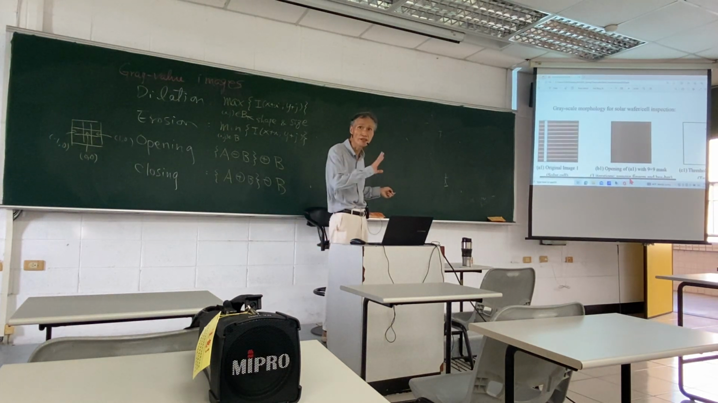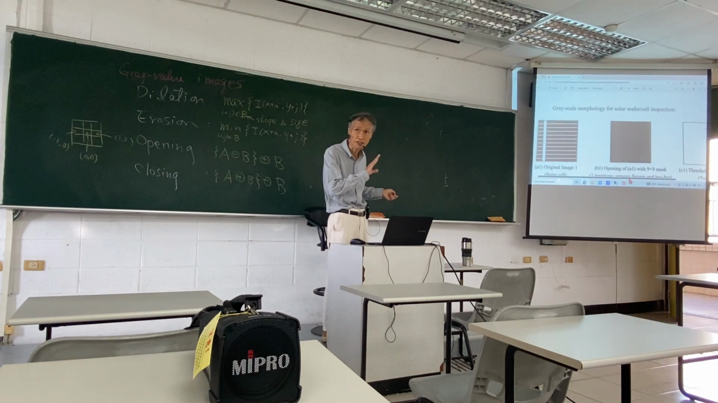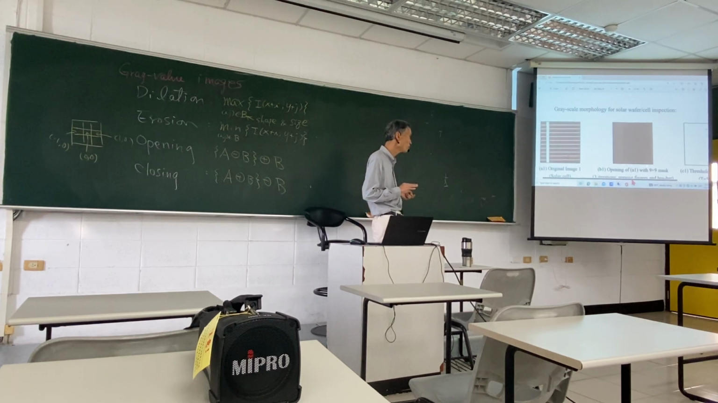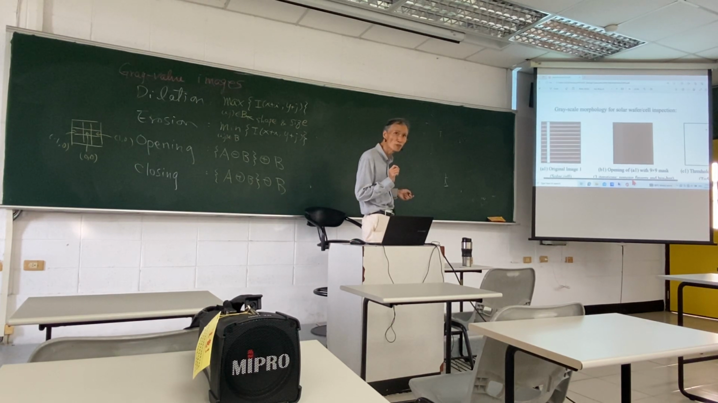If we go for the opening, not binary. This is not a binary image, it's a gray level image. We apply opening with a structural element of 9 by 9. Why do we use 9 by 9? That's because the bus line here has a width a little bit smaller than 9 by 9. So after that, you can see that we can remove all the